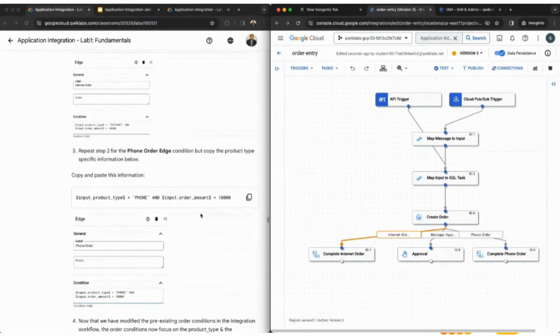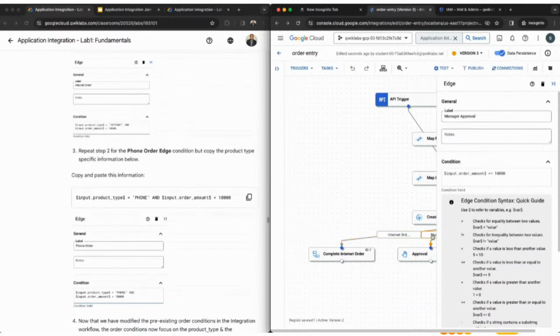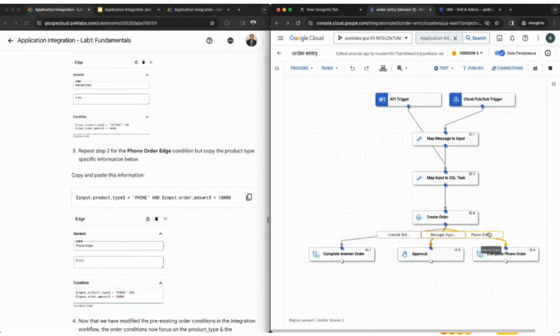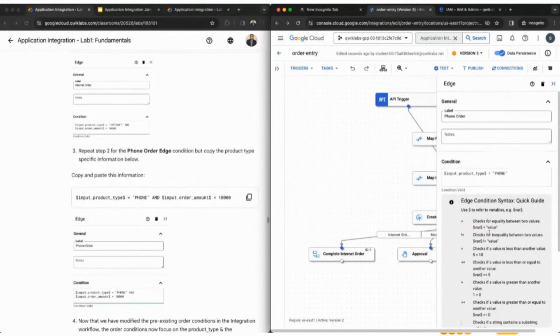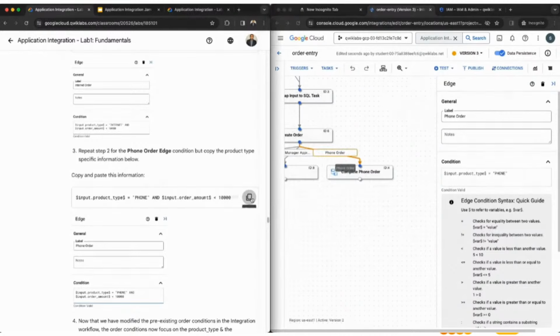So we're going to close this one. And for the phone order, we're going to click the phone order. And we're going to change the phone order as well. So let's copy this. Same thing for the phone order. And we're going to close that edge. Okay. And step 4, now that we've done that successfully,